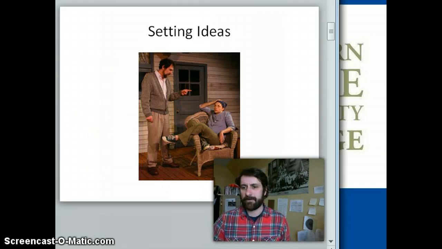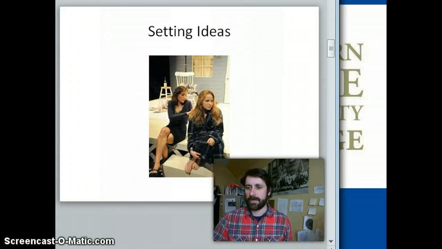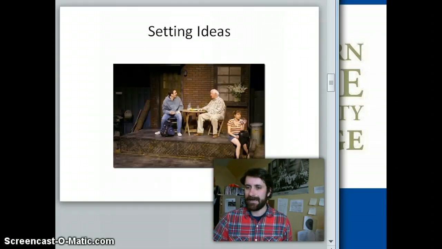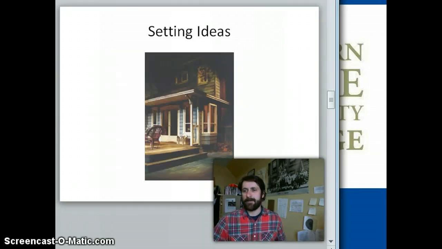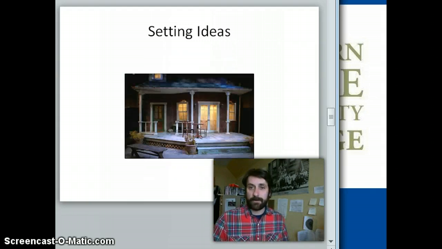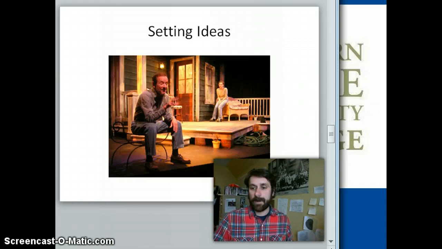Here we have Catherine and her father presented in one production, the two sisters, Catherine and Claire. Let's see, this might be my favorite setting out of any of the pictures I could find. Remember, the only setting for this play is the back porch of a home in Chicago. Now, I imagine it's a home in disrepair. Robert hasn't been taking care of it, and Catherine was taking care of Robert, so there really was no one to take care of the physical structure of the house. And I'm sure as time went on, the inside of the house started to deteriorate. Here's another interesting picture of what the setting might look like.